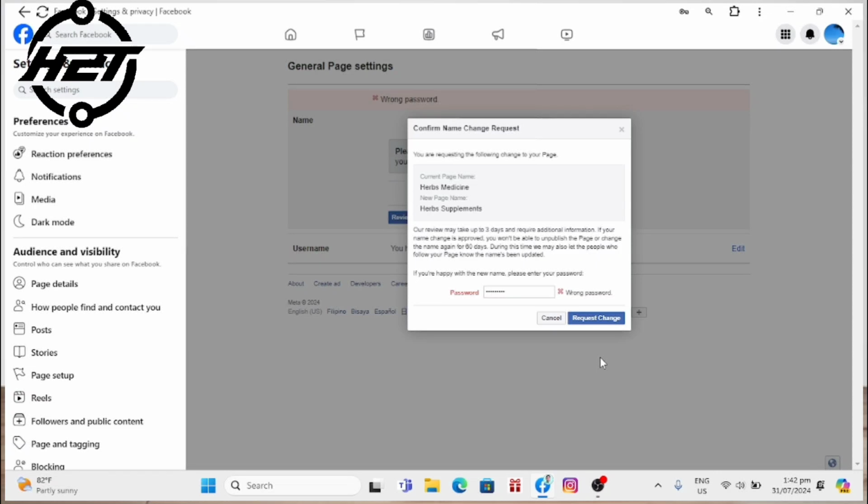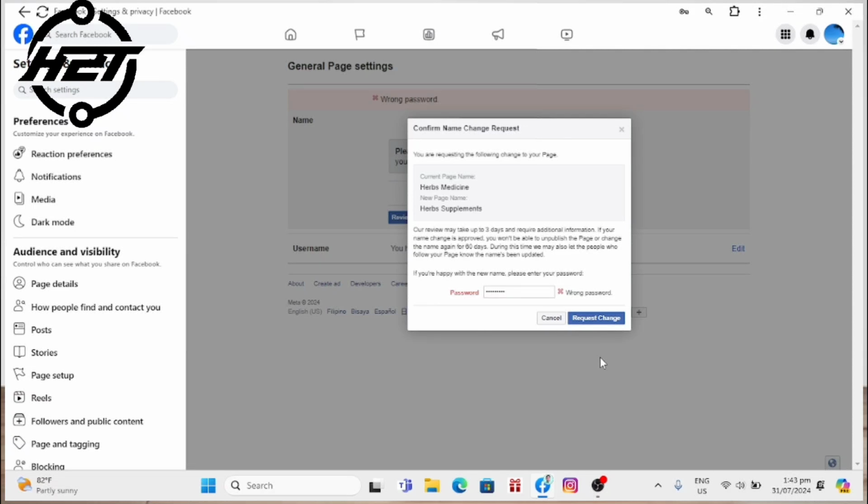Page names must accurately reflect the page. Keep in mind that only authorized representatives can manage a page for a brand, place, organization, or public figure. Page names can't include terms or phrases that may be abusive or violate someone's rights. The word "official" can't be used if the page isn't the official page of a brand, place, organization, or public figure.